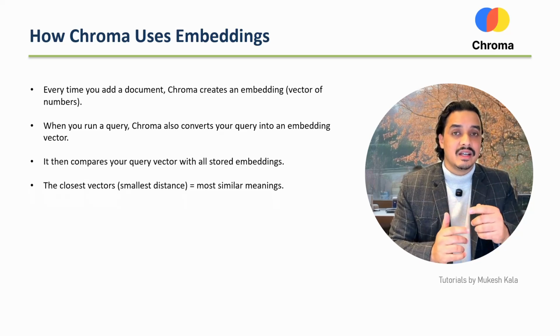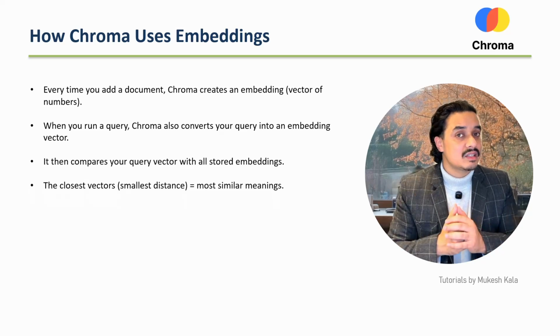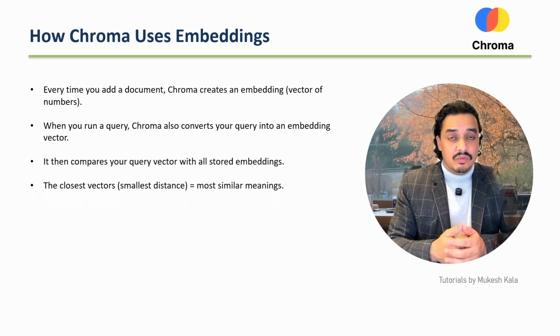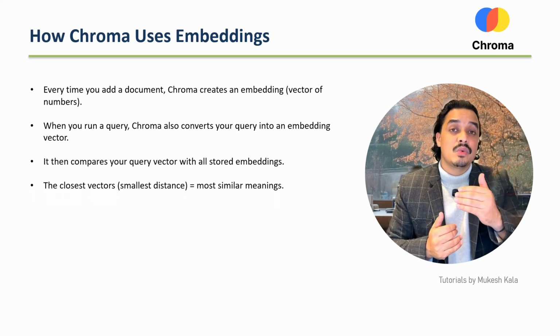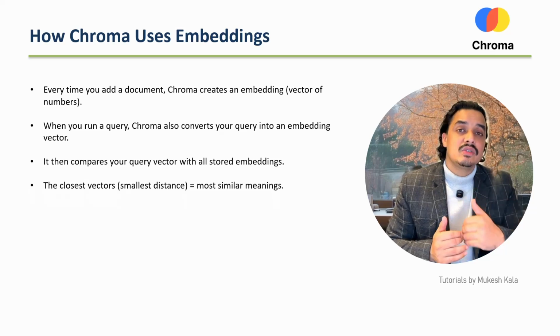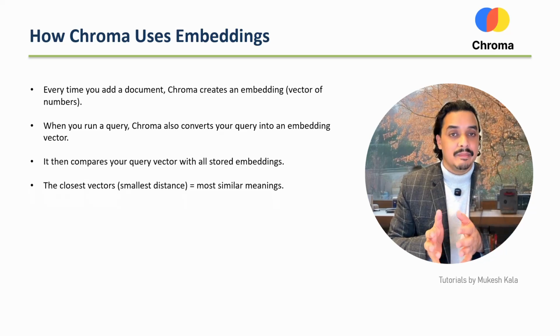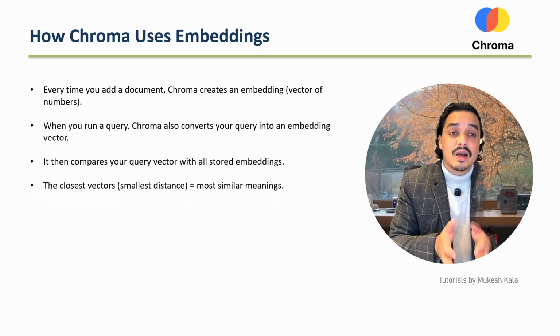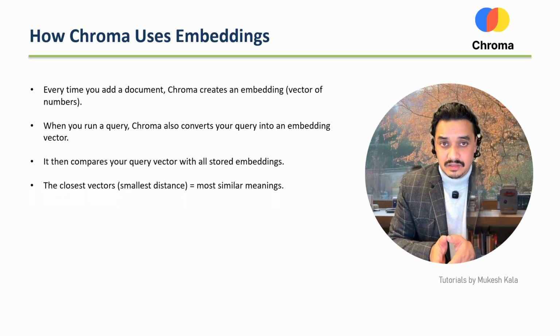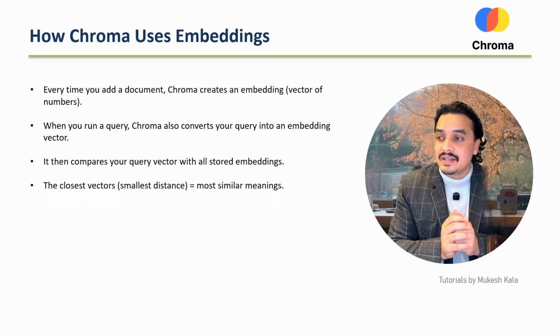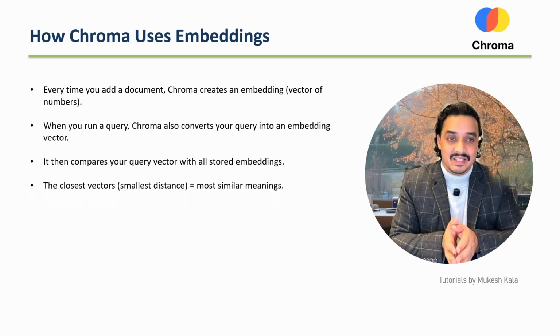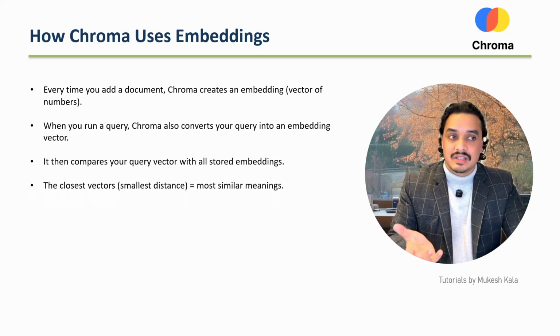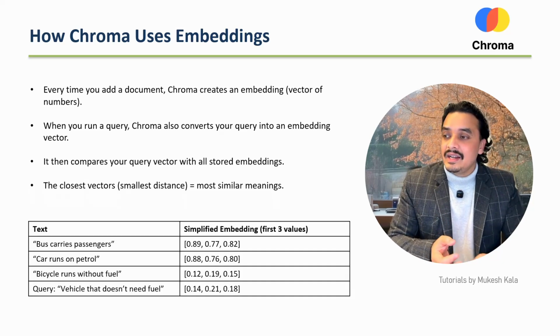I changed the data, the embeddings got changed. Remember from the last lesson? Now what we are saying is, when I ask a query, the query is also converted to something called embeddings, and then Chroma performs a comparison. The answer of the comparison is the smallest distance, or in other words the closest vectors,